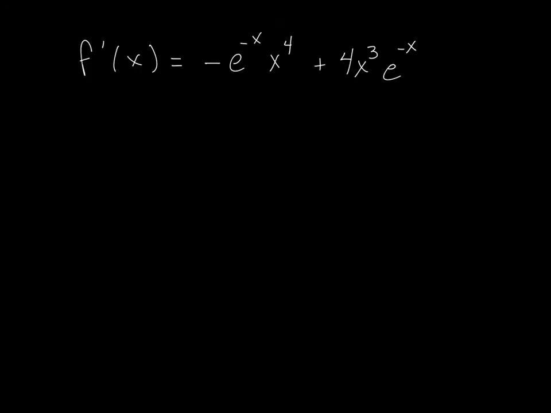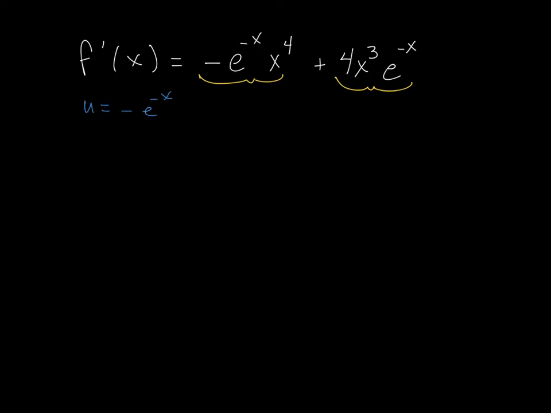All right, so I went ahead and wrote the first derivative down, and I wrote it in the form that we had before we factored it. The reason that I did is I need to use the product rule. With this, I'm going to have to use the product rule twice: once for the first part of the function, and then again for the second part of the first derivative. All right, so for the first one, I'm going to let u be equal to negative e to the negative x,